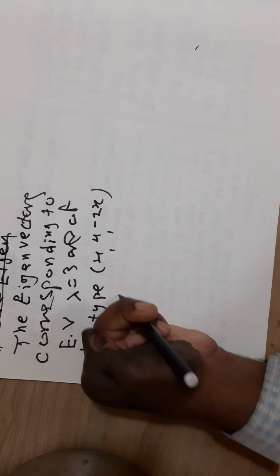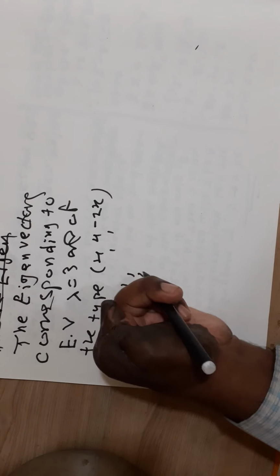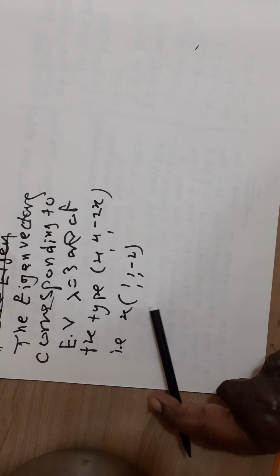That is, these are of the type x into 1 comma 1 comma minus 2. Put x is equal to 1. Therefore we get 1 comma 1 comma minus 2 as an eigenvector corresponding to eigenvalue lambda is equal to 3. Now see here,